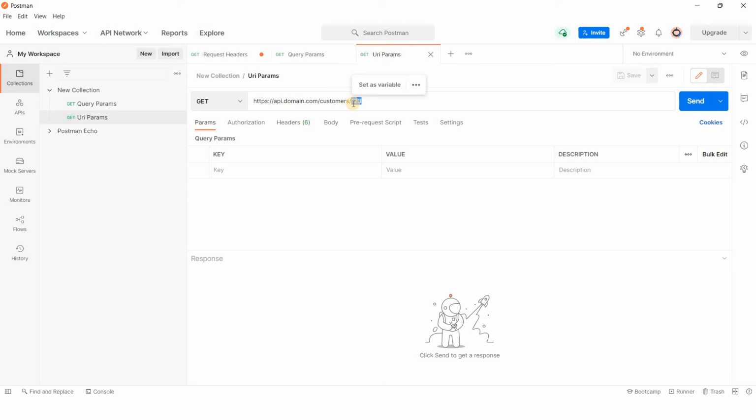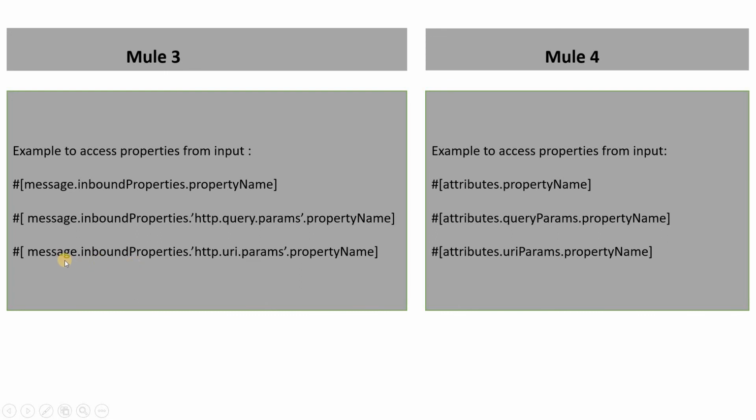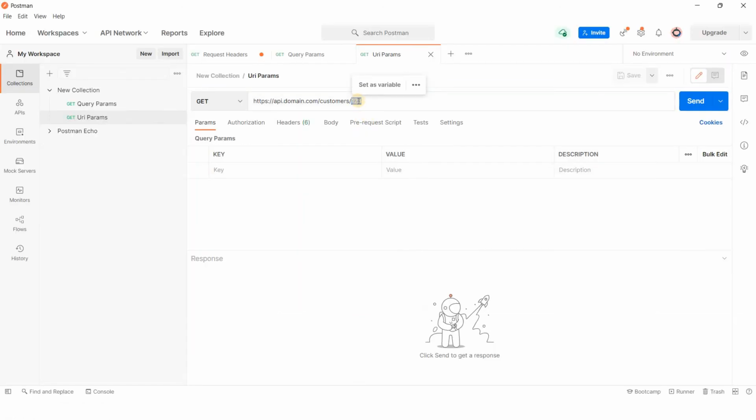Basically in RAML we define the cust ID enclosed with curly braces, so this will go as a URI parameter. How can we access these URI parameters? You can use the expression message.inboundProperties.'http.uri.params'.propertyName, and by using this expression you will get this value.